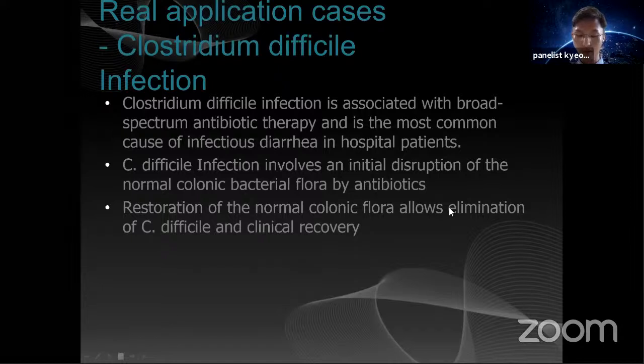The first example is CDI, Clostridium difficile infection. Clostridium difficile infection is associated with broad-spectrum antibiotic therapy, and it is the most common cause of infectious diarrhea in hospital patients. That means Clostridium difficile infection involves an initial disruption of the normal colonic bacterial flora by antibiotics. Treatment of recurrent Clostridium difficile infection